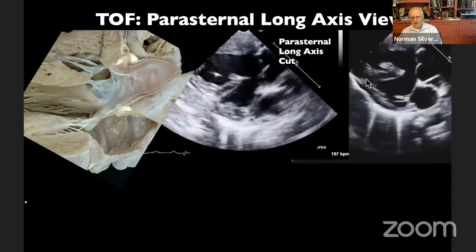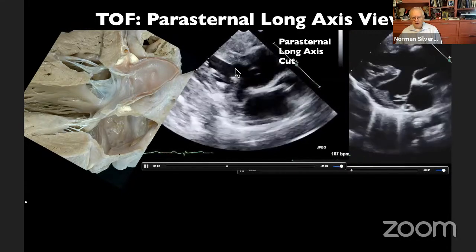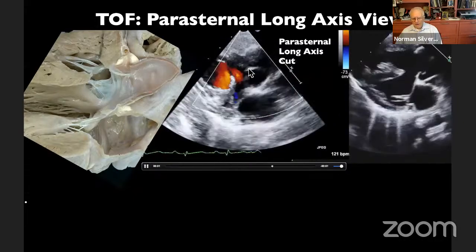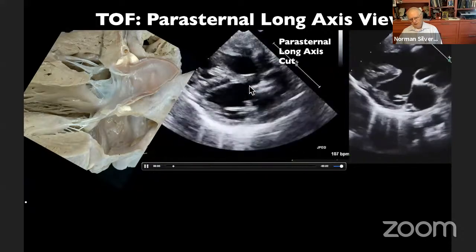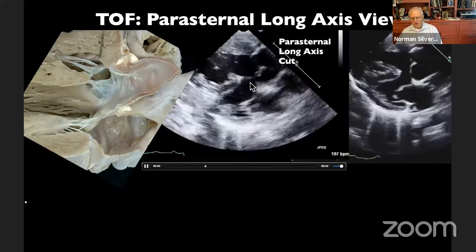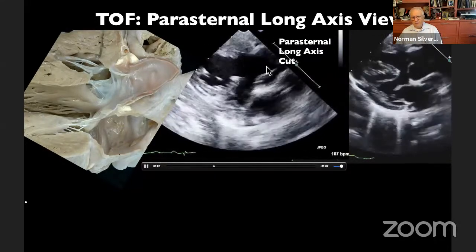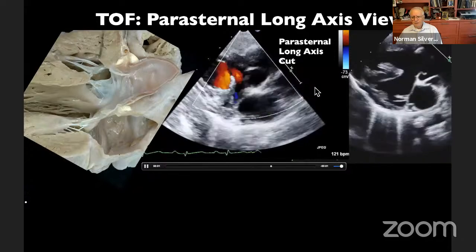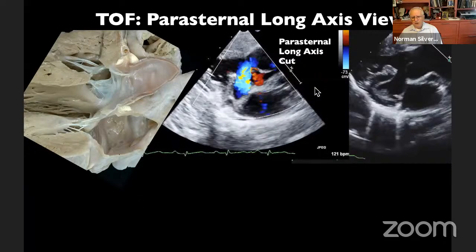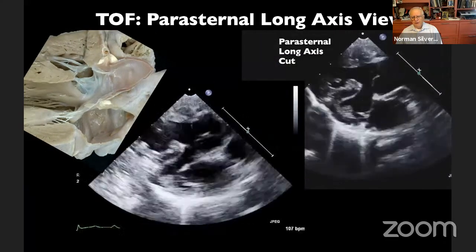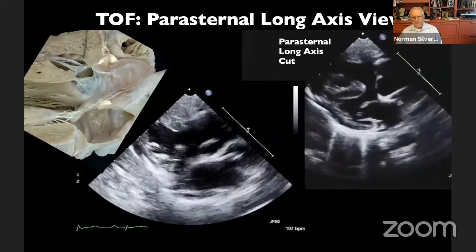I have in this patient an additional Doppler color flow to show not only the aortic override, but the unusual right to left ventricular shunting that is occurring in this patient. This is not the usual pattern of shunting in tetralogy of Fallot. It is usually from the right ventricle directly into the aorta. And then the labels will disappear. And for those of you viewing this on a cell phone, the images are magnified so that you can get a better look at this.